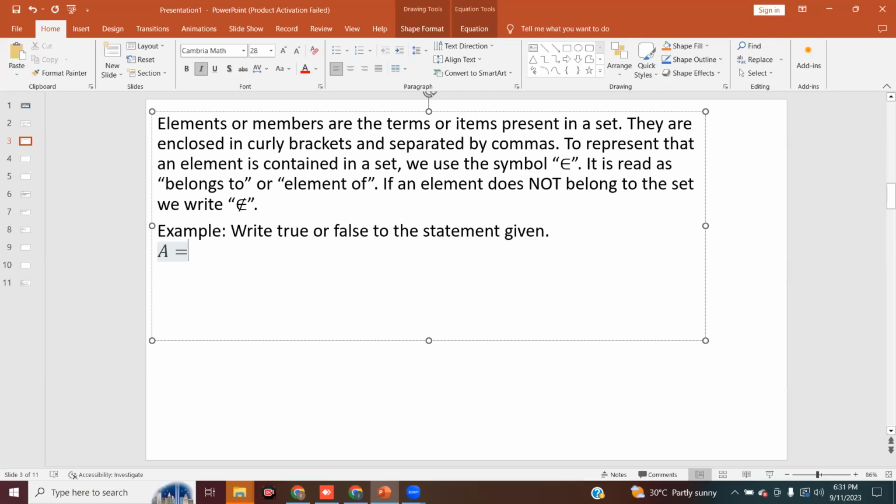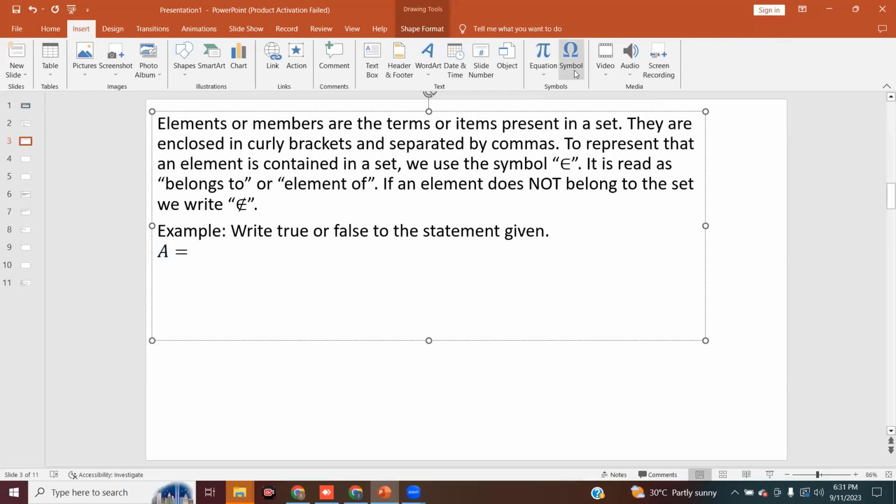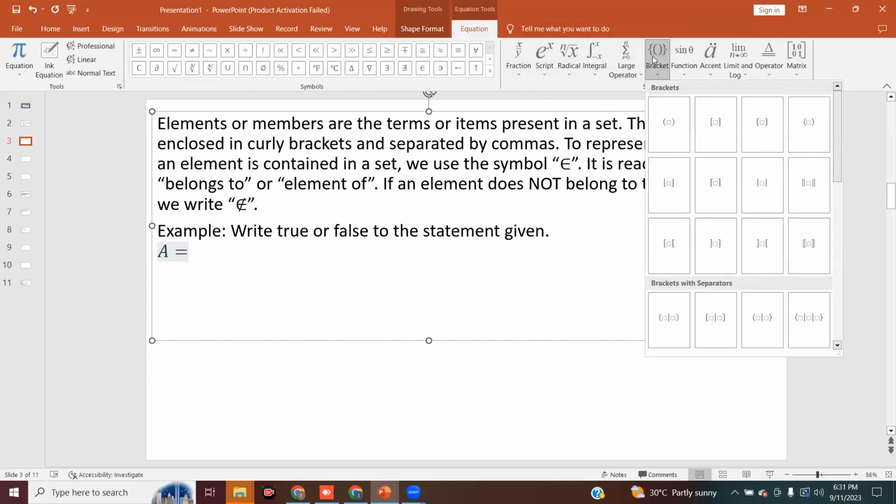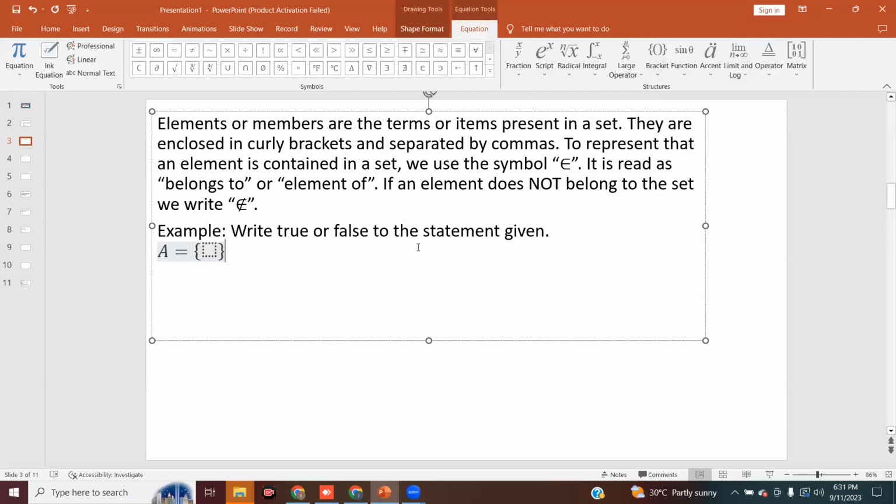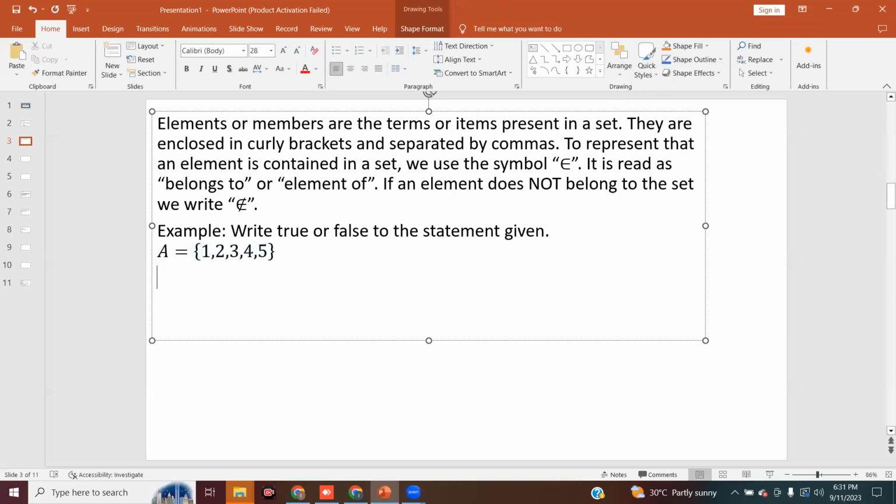So A equals 1, 2, 3, 4, and 5. So let's say that's the set we're dealing with, the set that contains the numbers, the elements 1, 2, 3, 4, and 5. And then, let's say number one says,